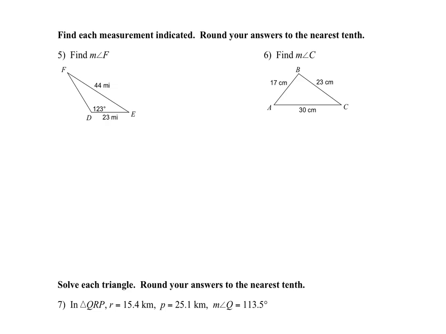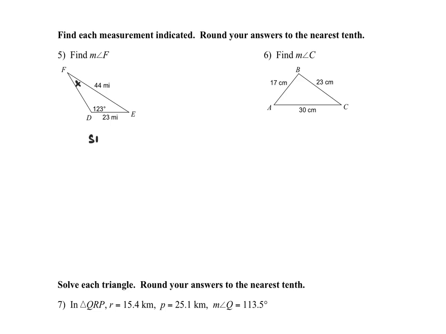Okay, question 5. Find the measure of angle F. So there's a missing angle there. The information given is we have an angle here and a side and a side. So this is side side angle. This is that ambiguous case of the law of sines. So I'm going to set up the proportion, two equal ratios of law of sines. So we need one of the ratios has to have a side and the angle across from it. So starting with that one,